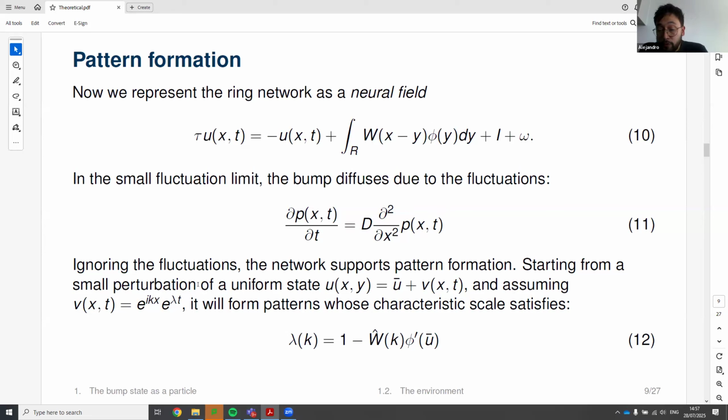We're going to ignore the fluctuations for now. We are trying to look more into that part to see if we can use all the theoretical machinery of active inference even more in this context. But for now, we're just going to talk about the deterministic equation. And this is somehow justified because we can formally assume that this